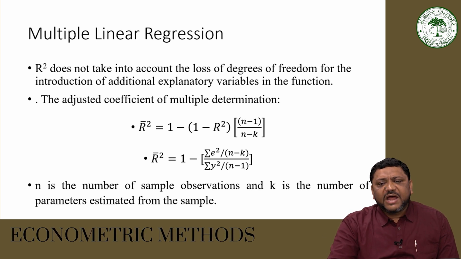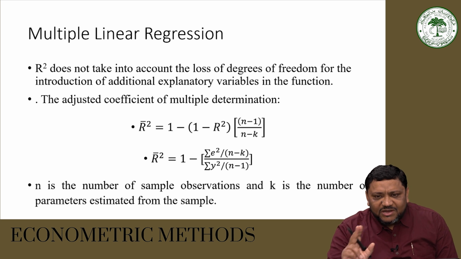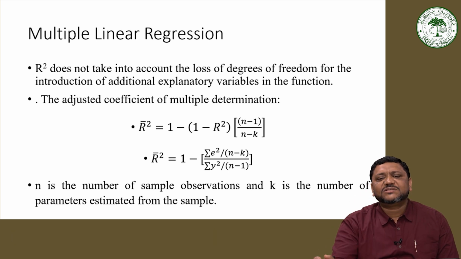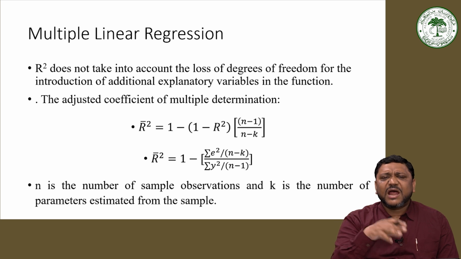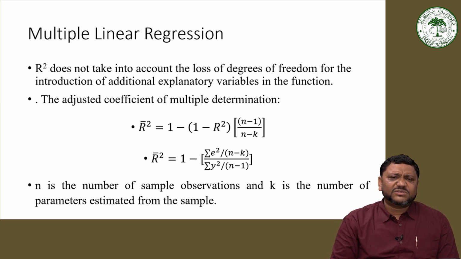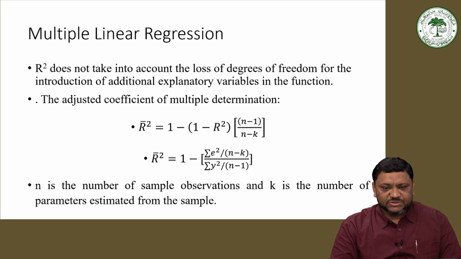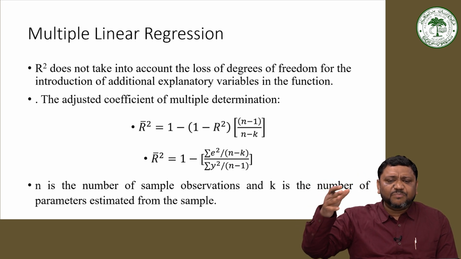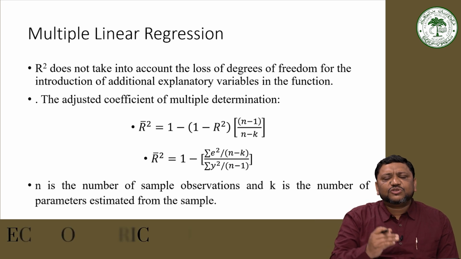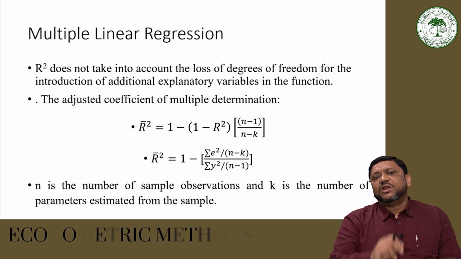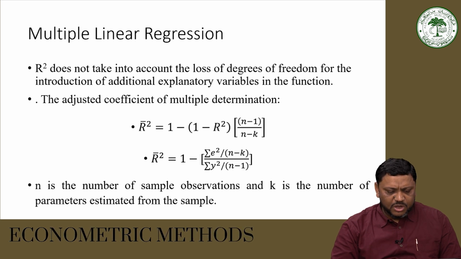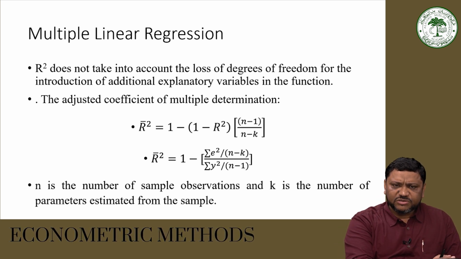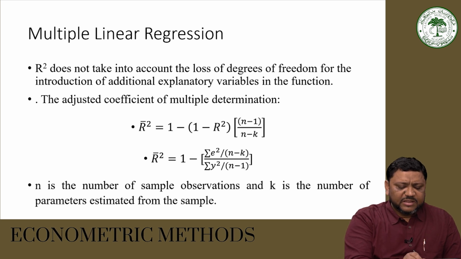To address this issue, we adjust this R square by considering the degrees of freedom, which decrease as new regressors are introduced. In cases where n, that is the sample size, is large, both adjusted R square and R square would not differ significantly. But in smaller samples, if the number of x, the regressors, is considerable compared to the number of sampled observations, the adjusted R square may be notably smaller than the R square. So basically R square does not take into account the loss of degrees of freedom, so we get the adjusted